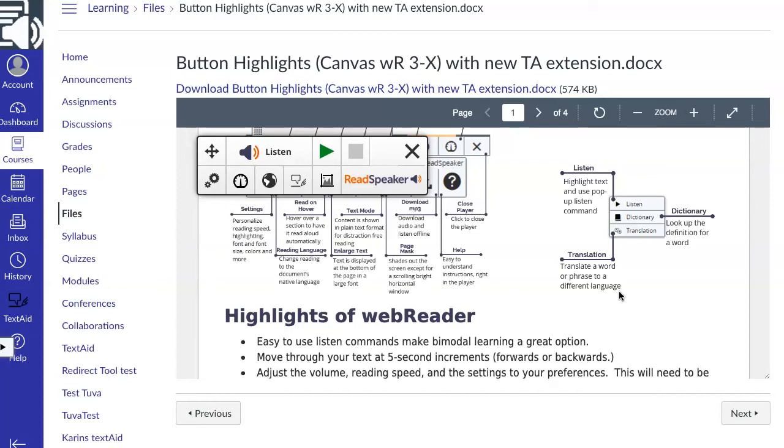These are all forms of accessibility and UDL. Because keep in mind, accessibility has two meanings. It has the formal meaning of accessible for those that have a barrier, but it also means accessible to all students. That's part of the UDL definition. So you're removing all barriers for all students. You might not have a learning disability that requires text-to-speech, but you prefer to learn by listening. This gives you that opportunity.